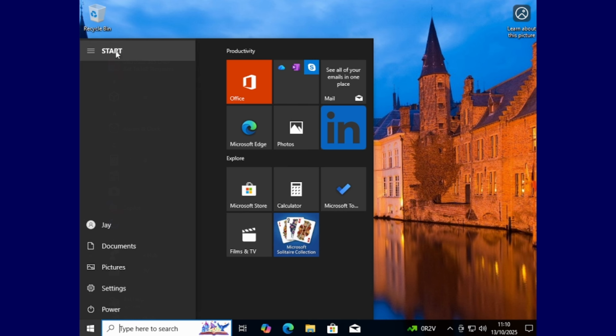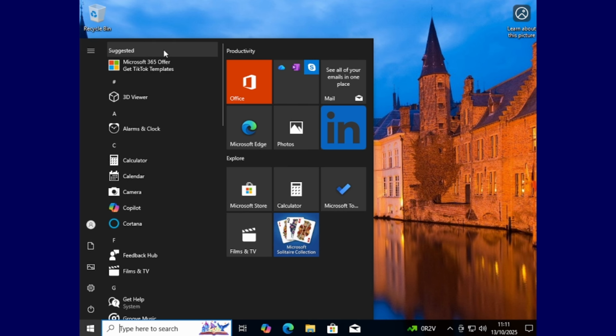Now we have a suggested option in the start menu. Microsoft 365 offer. Get TikTok templates. Okay, so we have a 3D Viewer. That, I think, was always a thing with Windows 10. It wanted to see if your computer was augmented reality ready.